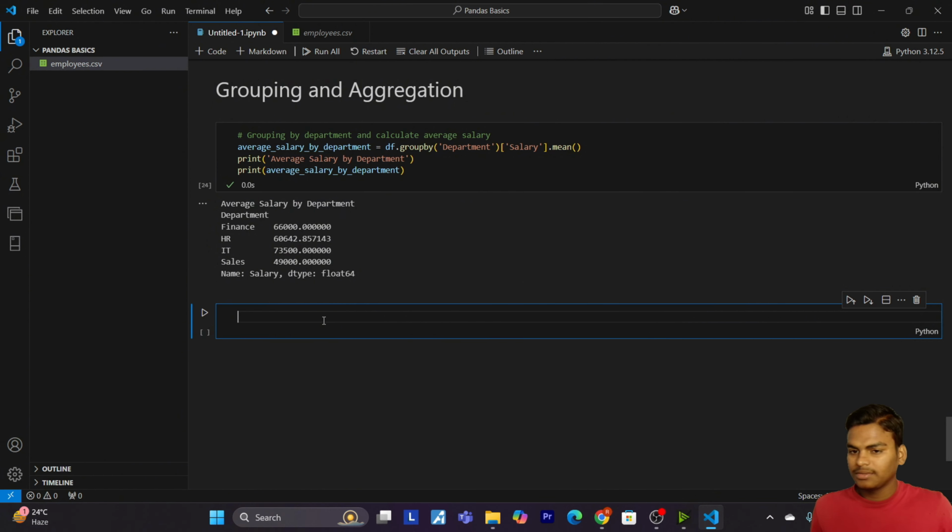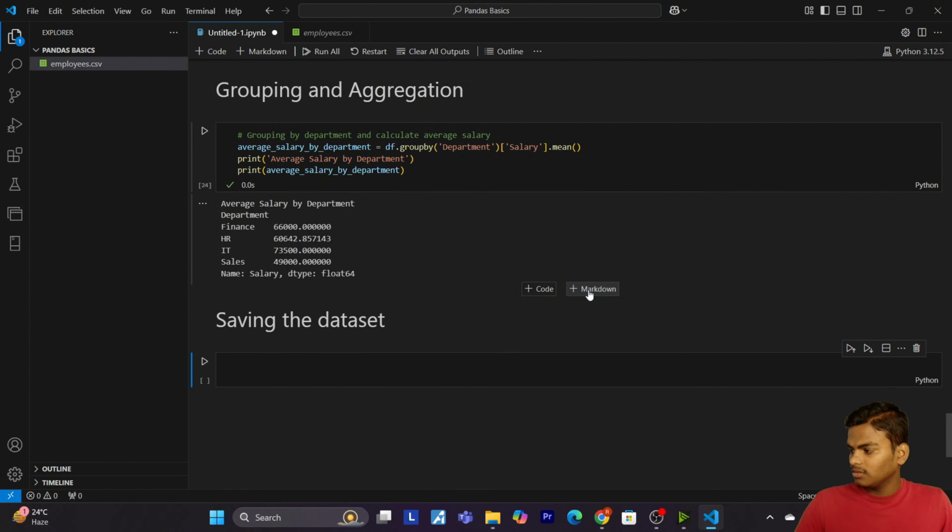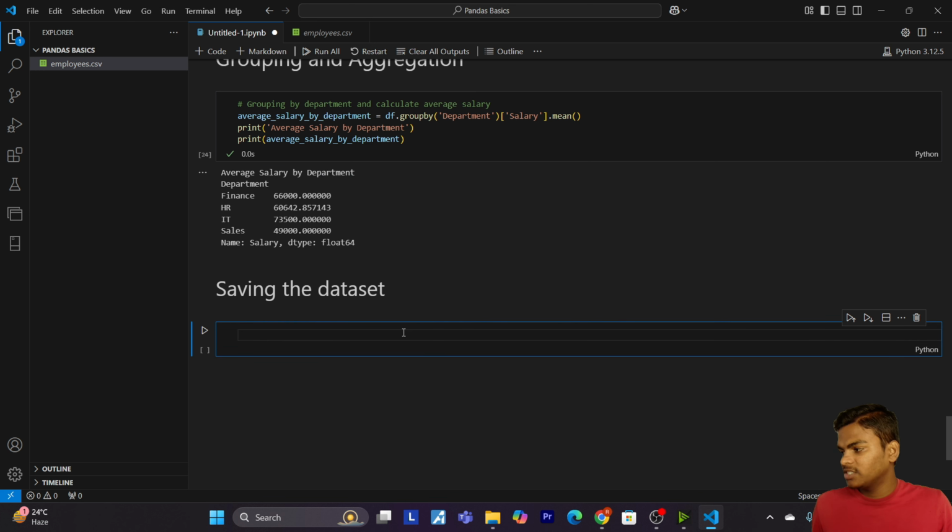Now I will give the markdown. This is the main and important part of any data manipulation, saving the data set. After performing every method to clean our data sets, we have to save our data set, okay? So now let's see how we can save.